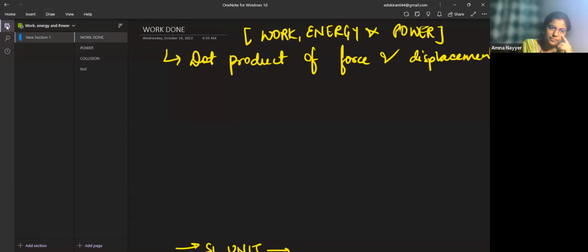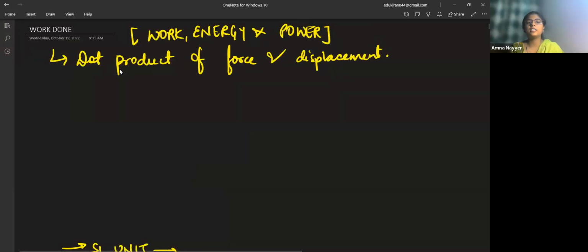Okay. This is your chapter 6 of NCERT. Total 8 lessons are there in your first book, before gravitation. So this is work, energy, and power. This chapter is also not very lengthy. It's just that you have to understand the concept of work done separately. Then in energy, work done is very small.